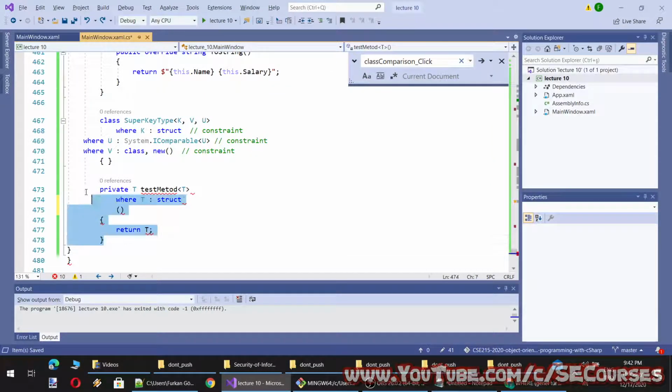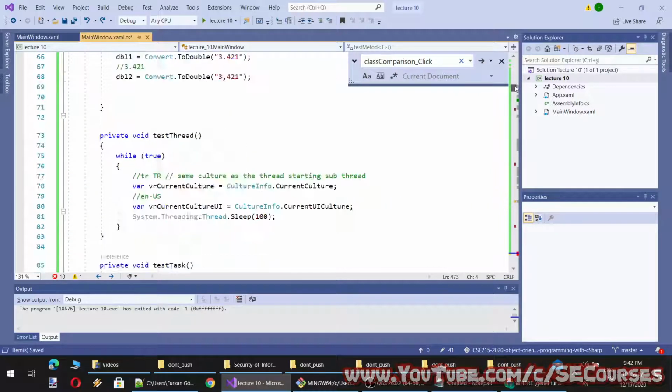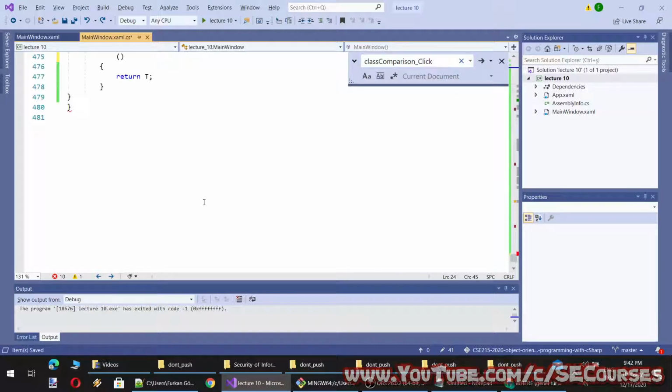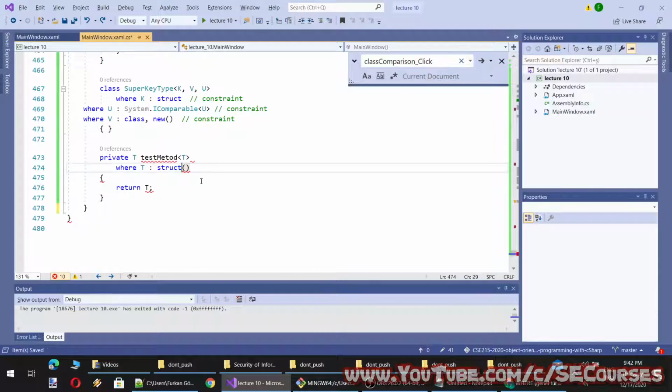You cannot have a method without a class. This method is actually under the class MainWindow, so I have to define that generic type constraint under this. Therefore, I am not able to define a constraint under the method.